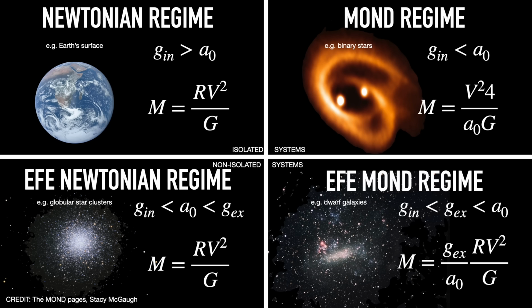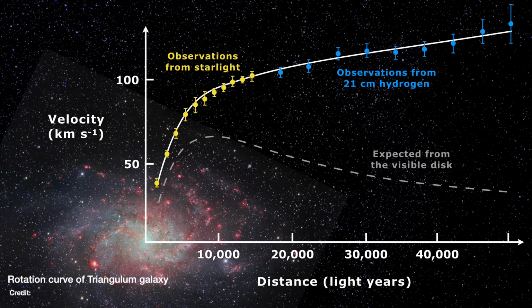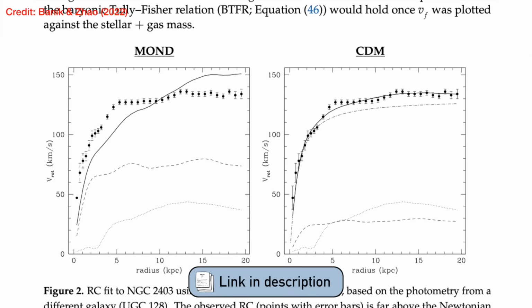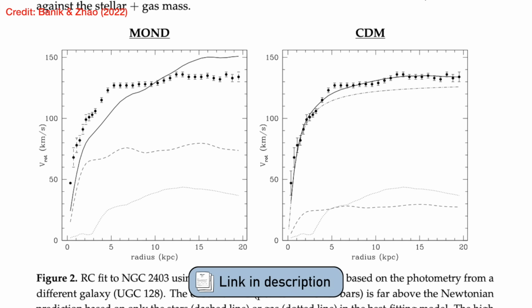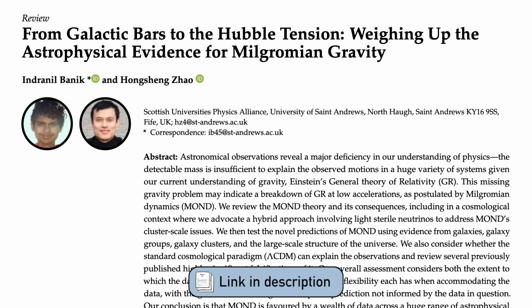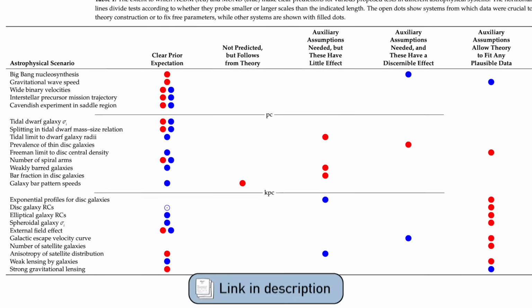Essentially, the main difference between MOND and either Newton's equations of gravity or general relativity is that it makes a slight tweak to its equations for gravity for very low accelerations. Like the accelerations that, for example, stars on the far edges of galaxies experience, which don't orbit at the speed that general relativity predicts, but that MOND can explain. There've been many successes like that for MOND over the past couple of decades as it's been developed as a theory, but there've also been a lot of failures. And if you want a complete review of all of those successes and failures, then I highly recommend this fantastic review paper by Banik and Chae from last year, 2022, that I'll link in the video description down below.